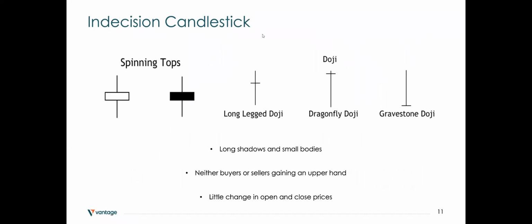This part is about indecisive candlesticks. Indecisive candlesticks usually, as I mentioned earlier, have a lot of candlestick wicks, or the shadows of the candlestick. Basically this just tells us that this middle price point is the average price point, or median price point, where buyers and sellers are willing to exchange hands. Buyers are not willing to buy above this price, and sellers are not willing to sell below this price. And so what happens is that you need to see sufficient volume on the next candle to tell you where this